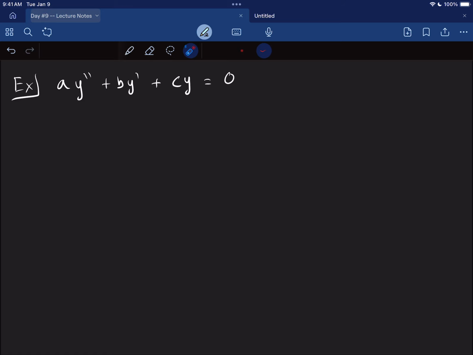How the heck do I solve this? As we always do, we guess. Let's just guess at an answer and see what happens. And what I'm going to do is note that I have derivatives of a function. I have derivatives of y being added together,